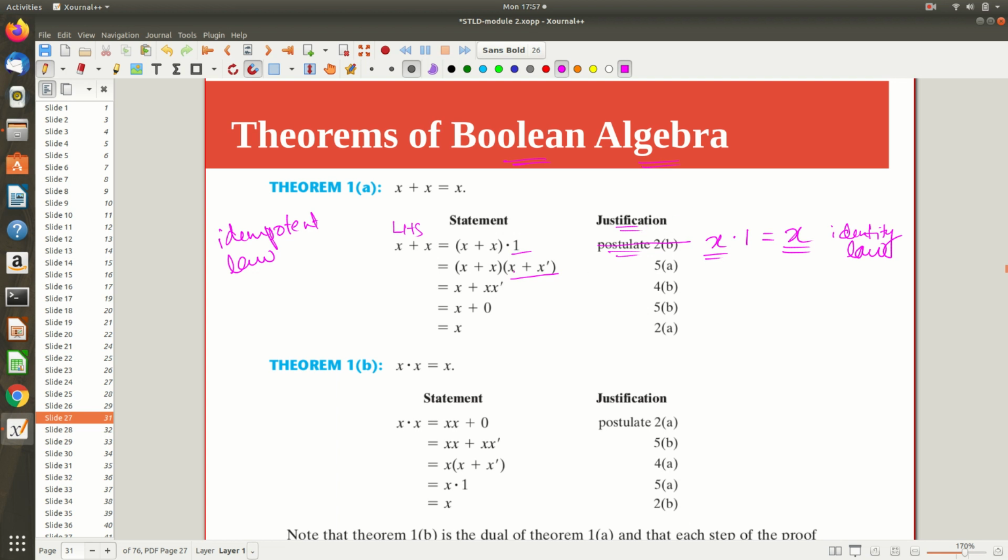What I did is replace 1 with x plus x complement. x plus x complement is 1, which is the identity of dot. This is our complement law, right? You can either write complement law, or write because x plus x dash is 1. Anyway, it is better to give a name for it. In a textbook it is fine, because you can refer to 2b, 2a in the textbook, where it may be defined previously. We have also seen it like that, but you don't have to remember it like that.